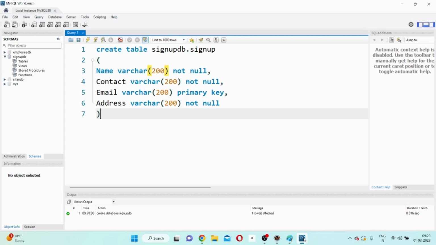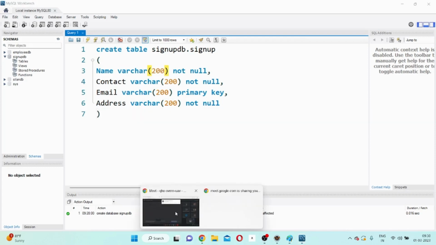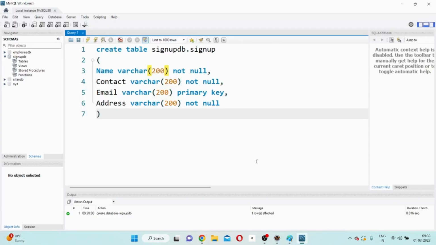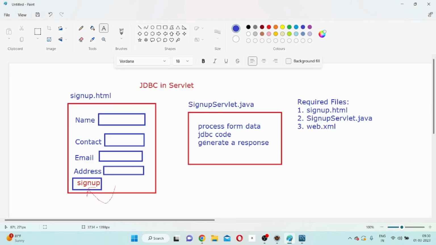So now, as per our analysis, I created a table. Let my table name be signup table. Okay, so now I will hit run. So now the table is created. Now coming to our analysis, I will go to the Eclipse environment, and in this Eclipse environment, first